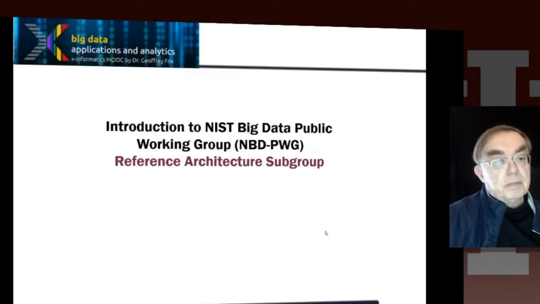So that was the discussion of the definitions and taxonomies. They actually didn't fully finish on the 30th of September, and they're finally wrapping it up now. Now let's look at the reference architecture, which is also unfinished. A lot of new work still needs to be done here, although good progress has been made in identifying the key features of a reference architecture.